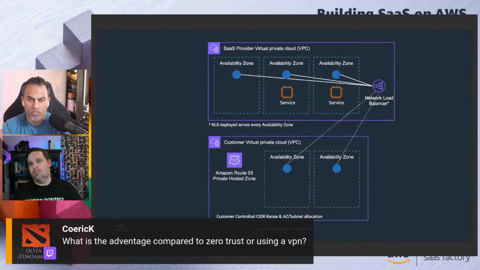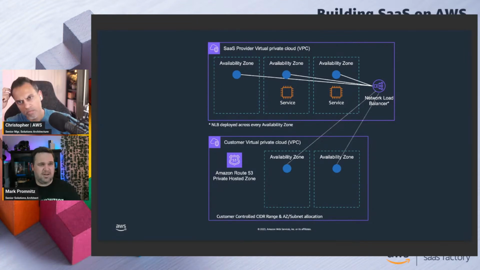So if they're working from home and they've got their zero trust SD-WAN networking connectivity, all they have to do is hit an internal IP address on their network and they can connect to your service. That would definitely be an advantage there, right? So I don't think it's an either or. I think this is an and for SaaS connectivity, just to try and help with that. And pointing to the CIDR range piece is probably the key one you want to try and work through, right? Without that, natting, source destination route natting and everything like that becomes a horrible mess. And that's what we're solving for, right?